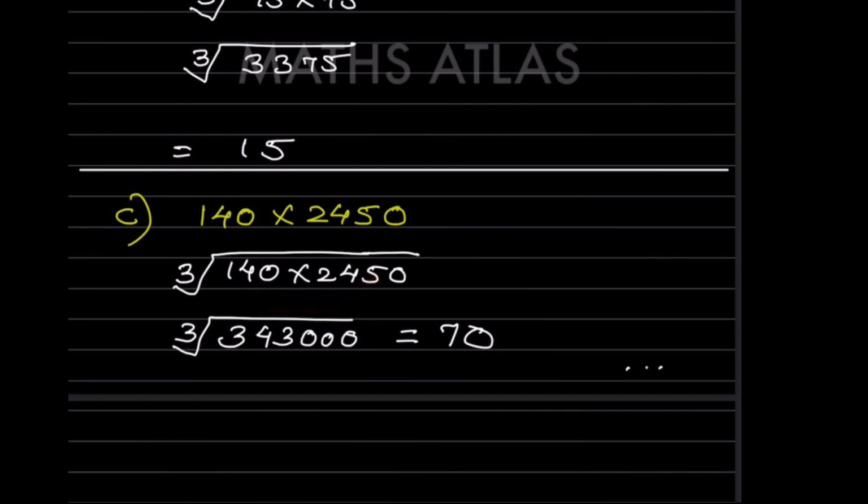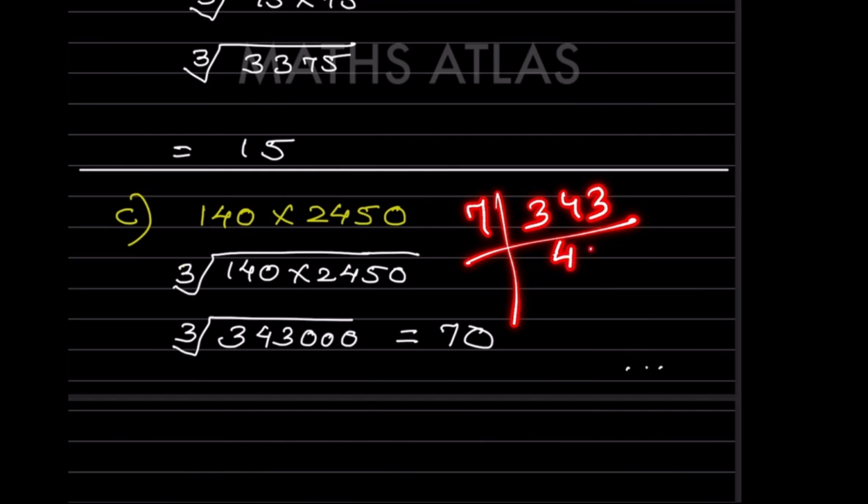So we get here 343000. So now 343000, you can just see here for 343. This is not possible with 3, 5. So now let us go with 7. 7 4s are 28 and there will be 7 9s are, 7 7s are 49 and 7 1s are. So you can see here this is 7 because these are the three numbers, so we will take it once.